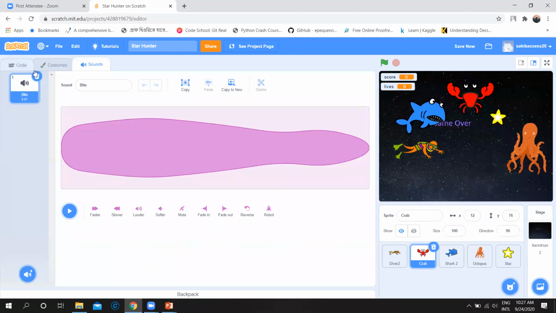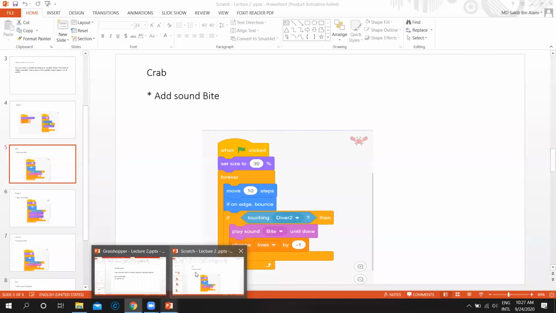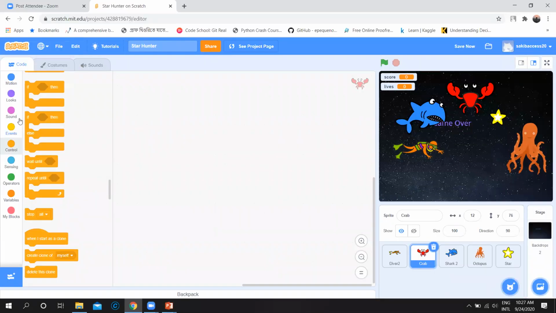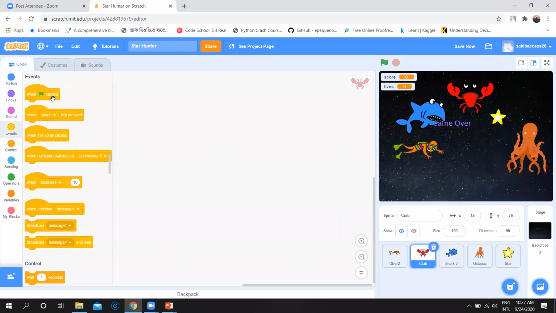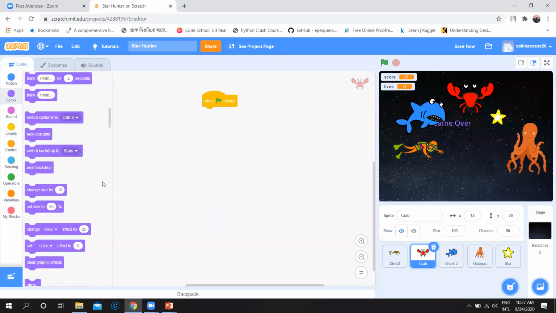Okay, I have added a sound. Then again click on the code. I have added a sound bite for the crab. Then our first job is to set some size for it. Set size to 30%. Initially this crab looks very big, so we set its size to 30%.